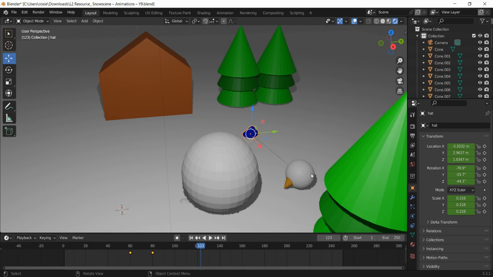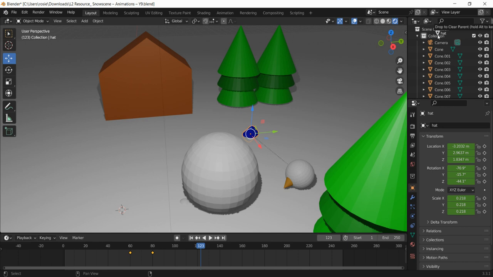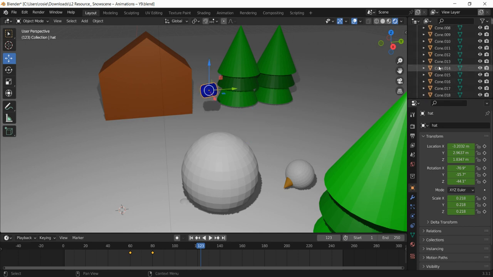So although it's parented to the head, we can still animate the object individually as long as we click on it. Now, if you wanted to unparent the object, so it wasn't part of the head anymore, and animate it completely separately, you can grab the object, hold down Shift on your keyboard, click and drag up to where it says collection, and that will unparent the object.